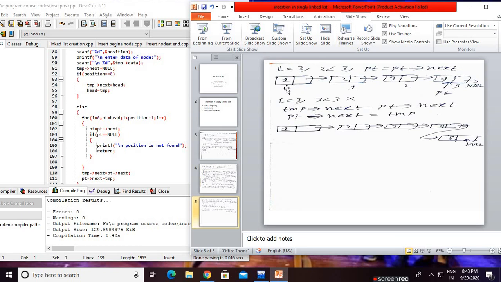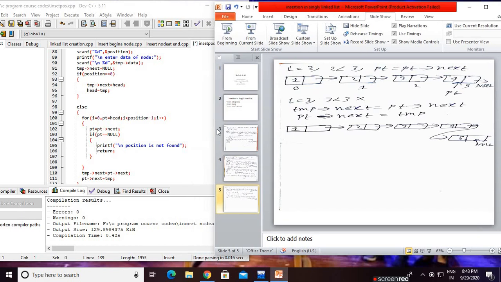How? This is the zeroth index, index number 1, index number 2, index number 3, index number 4. So our new node temp is successfully inserted at index number 4. That is basically the logic, how to trace our code. So our insertion is over, insert a node is over. Keep practicing, and tracing is important because linked list is very important.